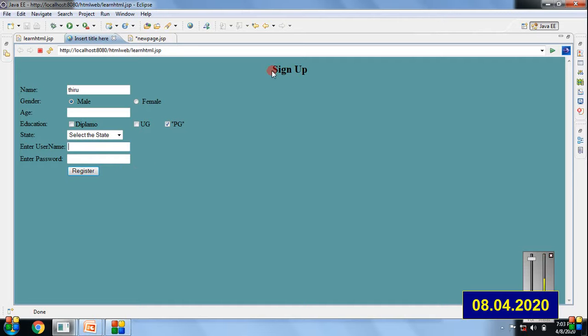All right, here you can see the heading, sign up. So how do we place this word sign up in the center of the page? All those things we are going to see in this session. So let's start how to code all this in the JSP page. All right,